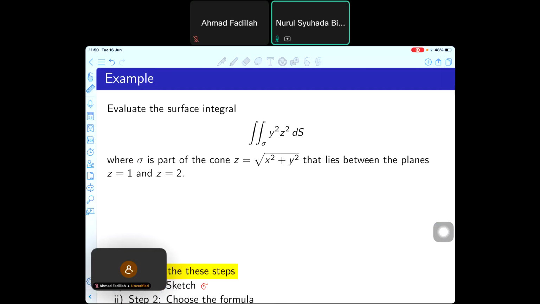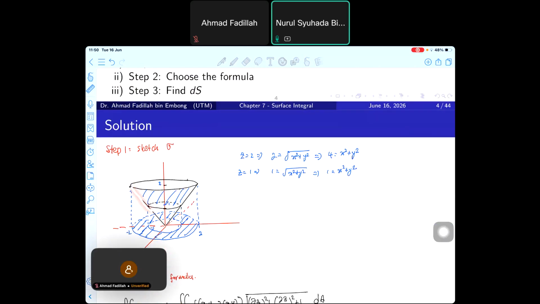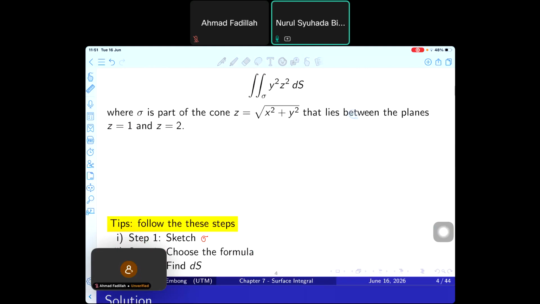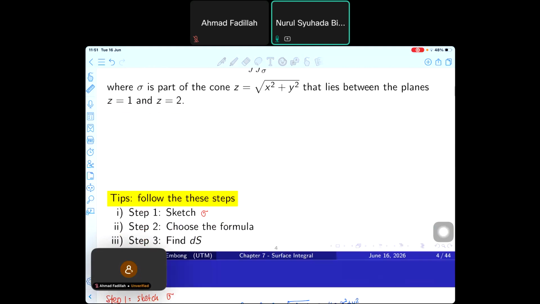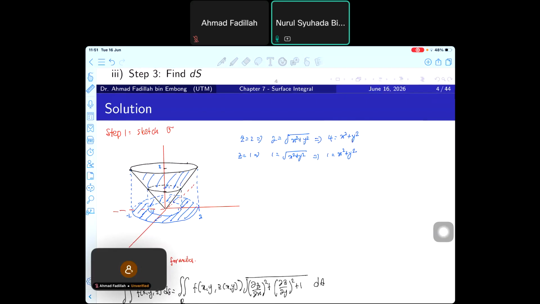So this is a cone, the standard cone, z equal to square root of x squared plus y squared. We can sketch this cone as given here. And then we know that we are only interested in z equal to 1 and z equal to 2. So only this part is what we are interested in, the surface that we want to integrate. Okay, and then of course we need some extra information